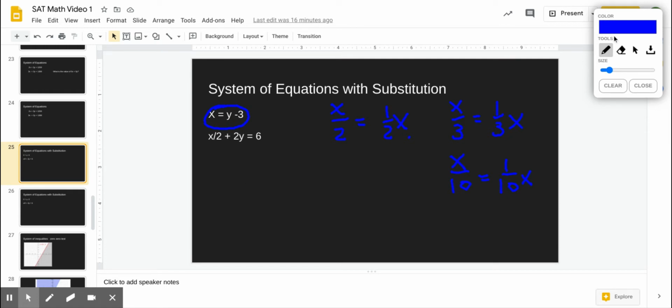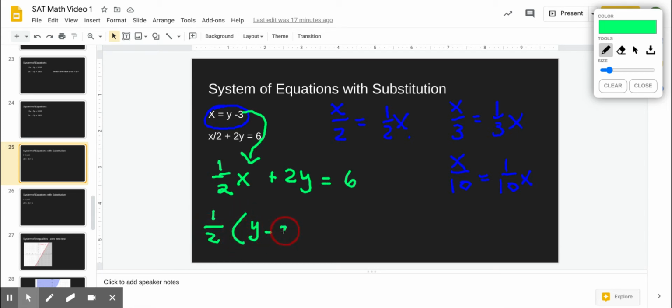And you know what? Let's just do a different color again. Let's do green, a little lighter. So what if we did half x? There we go, like a neon. Neon green. Okay. Half x plus 2y equals 6. So we already know what x is. It's y minus 3. So we're going to substitute it in. We're going to take this and substitute it in. So we're going to have 1/2. Instead of saying x now, we're saying it's y minus 3 plus 2y equals 6. Okay, so I'll leave that up for 1 second if you want to copy it down